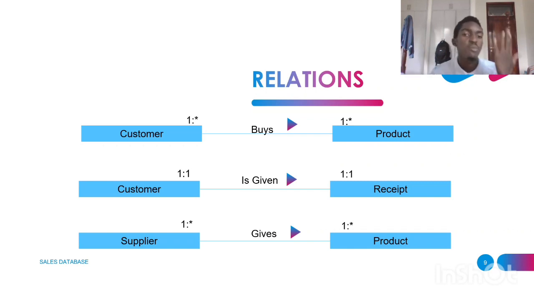Each receipt is accountable to only one customer. That is why the multiplicity is 1 to 1. Then lastly, the multiplicity of supplier to a product is one to many, just like for customer and product, where